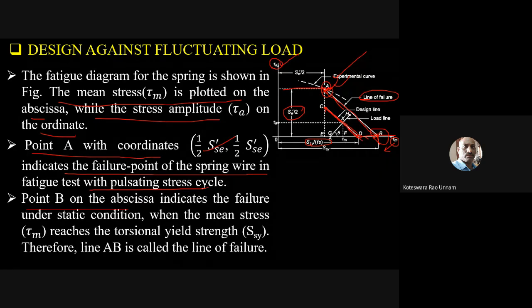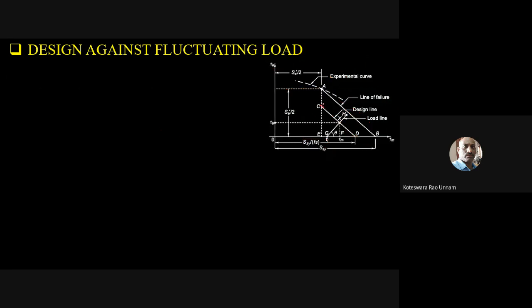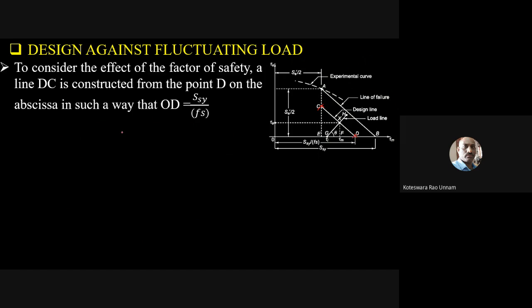Then point B is on the abscissa. This point indicates failure under static load condition, when the mean stress reaches the torsional yield strength. You can see that here it is SSY. Therefore line AB is called the failure line. Similarly, you have a design line, which has endpoints C and D, considering the effect of factor of safety. To consider the effect of factor of safety, a line DC is constructed from the point D on the abscissa in such a way that OD, from point O to point D,